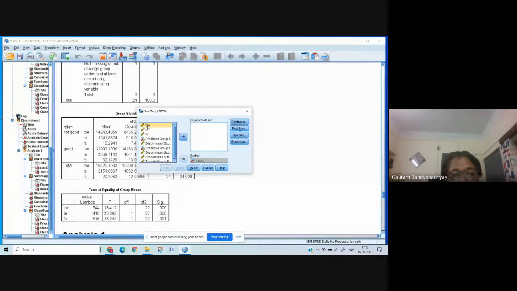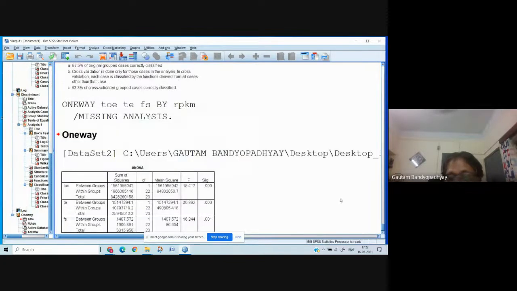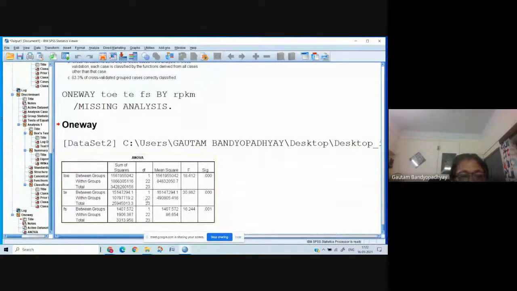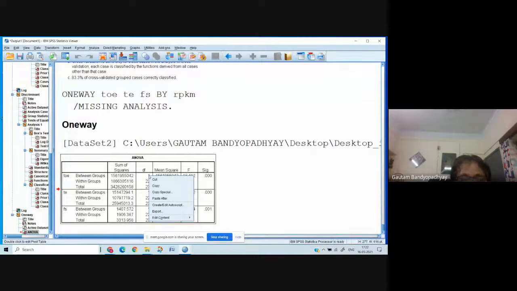And there are three dependent variables, okay? And click OK. So just to check, ANOVA. This is one-way ANOVA, so this is the between group, within group. I'm not going in detail. So what I will do, we'll copy this, then easily you can understand everything. Copy this